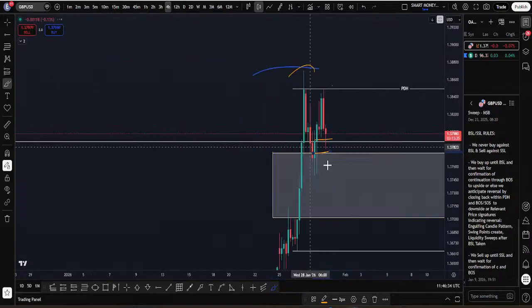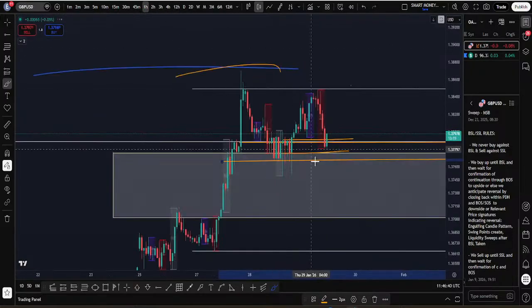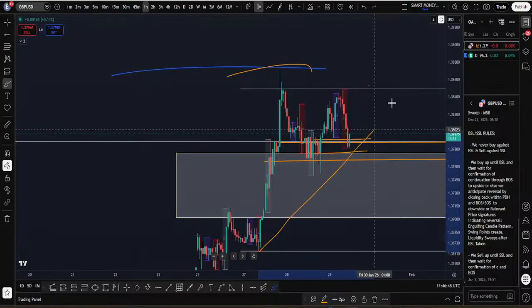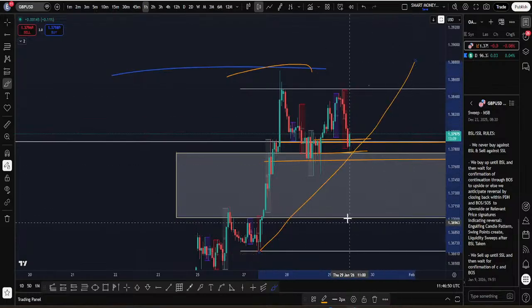We go back to the 4 hour. Do we get any respect? Potentially respect of this order block. So we're seeing order block respect. And then the 1 hour seeing potential, and it's all potential. So from a higher time frame perspective, I think maintaining the bullish perspective is the right thing,